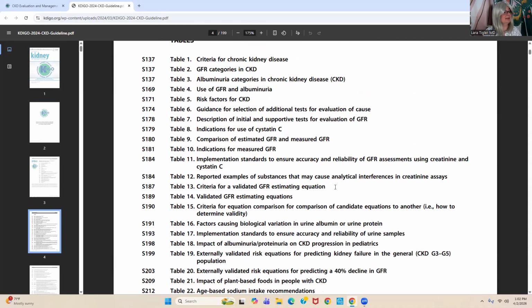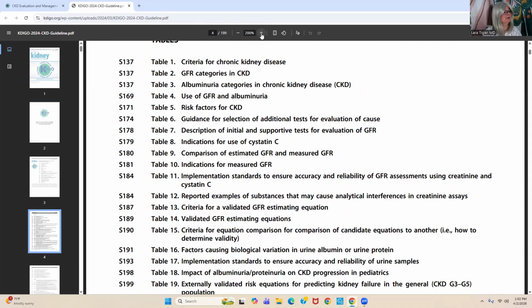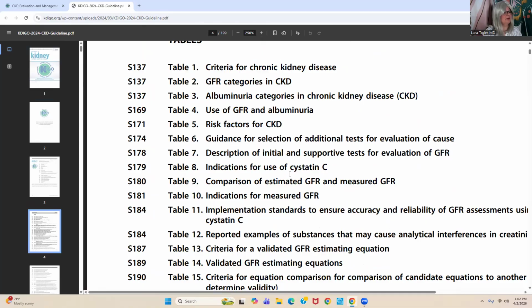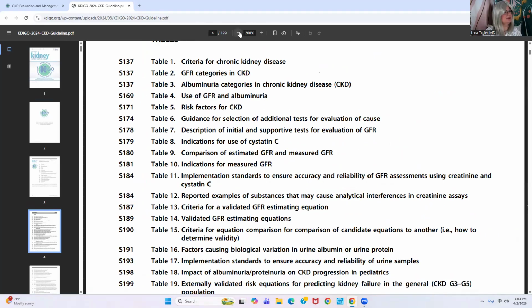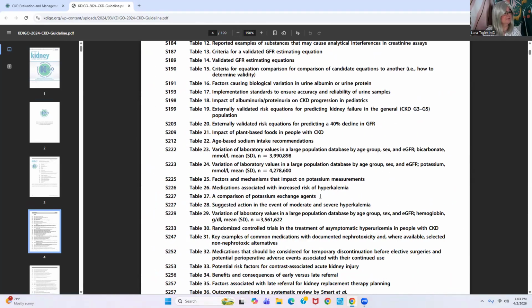I better go there again and make it bigger for you. Okay, it's right here. Cystatin. I know that it has the word statin in it, and that's confusing. You might think it has something to do with cholesterol medication, the statins, but it doesn't. This is cystatin C, and it's specific for confirmation of chronic kidney disease. So let me make this a bit smaller again.